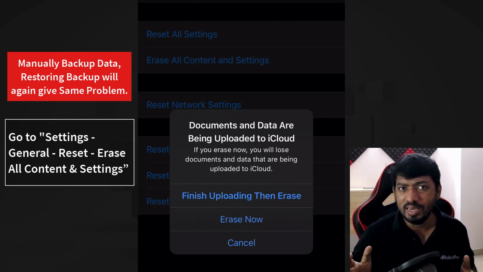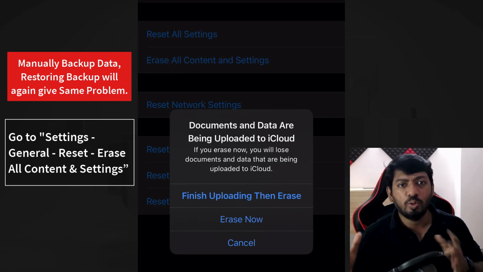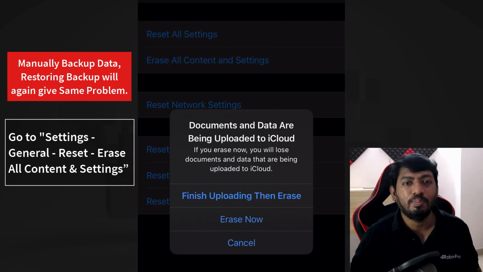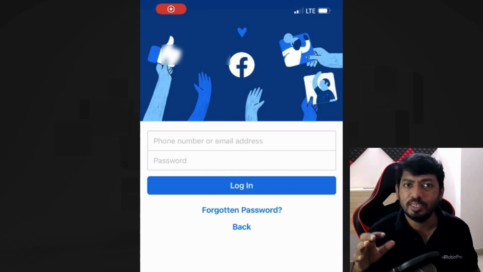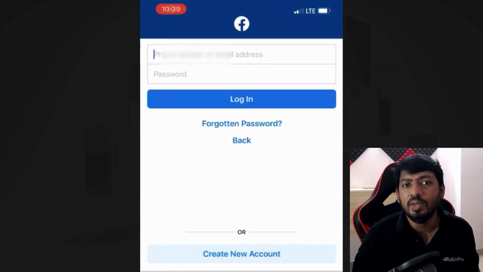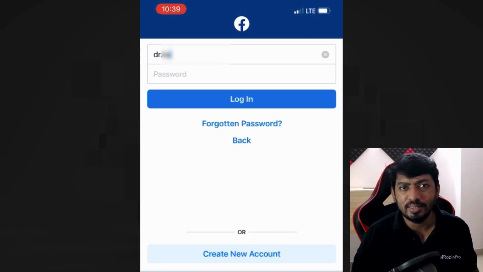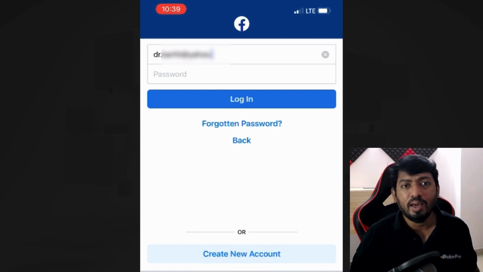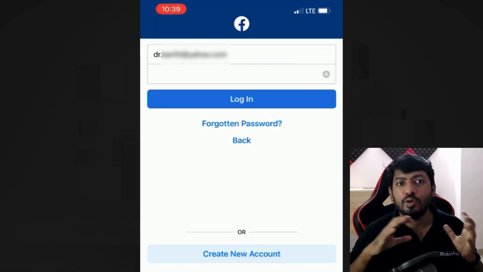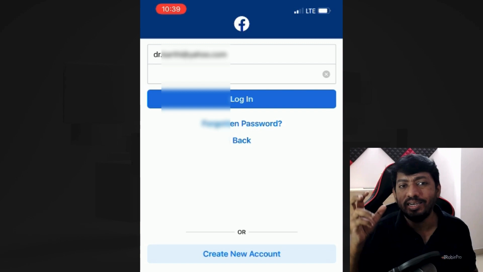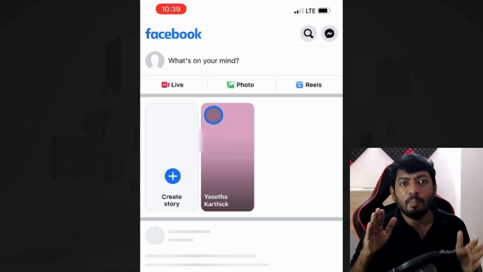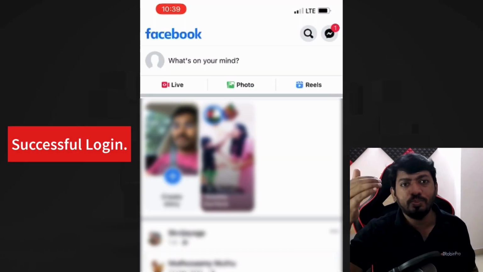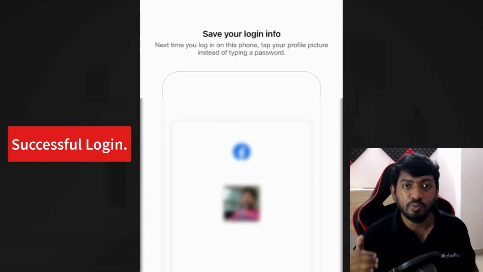I know it is a very big headache, but after trying so many other troubleshooting steps and several other possibilities, I had to try this particular step. Nothing seems to be working, so that is the reason I'm suggesting you perform the erase all content and settings. And I personally think that this error could be happening after restoring the old backup to the new iPhone, and some part of the old data is not matching. Maybe the device ID related information might be a mismatch between the Facebook server and the iPhone that you're using.